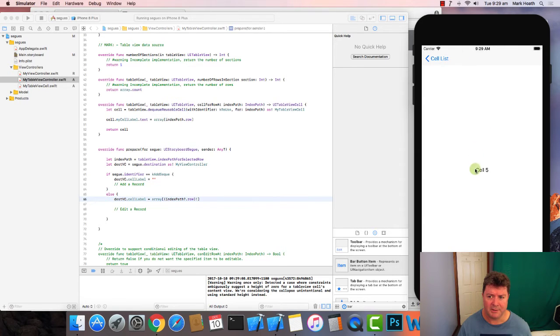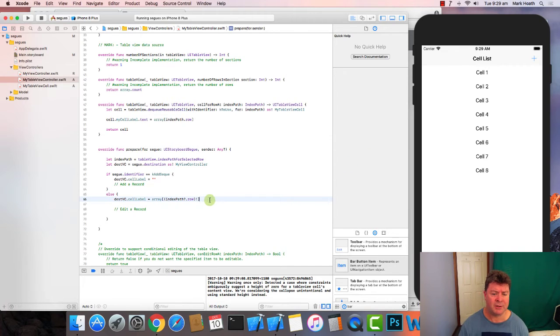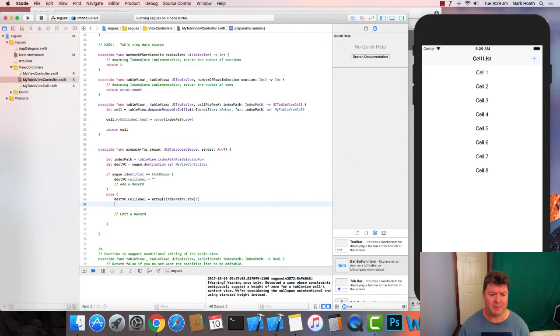Okay, so now if we click on this, it comes over and gives us cell 5, and we'll go back and that's fine. Cell 2, if you click on plus, we get no cells because we've left it blank. So that's working as we liked. Now, I'm not actually going to do an edit, but just so I can show you how the reverse works, what I'm going to do is when I pass this value, I'm going to, before